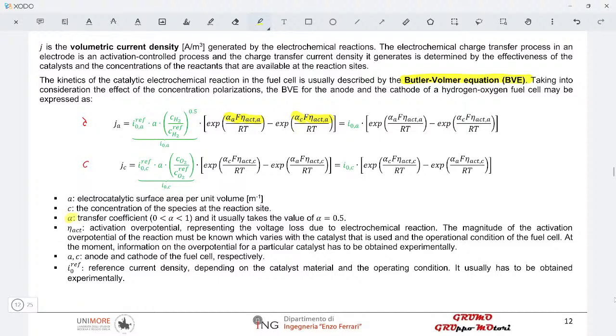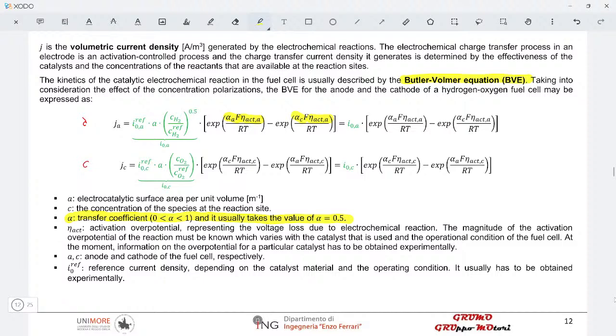These alpha are called the transfer coefficients, and there is a lot of uncertainty and discussion about these coefficients from an electrochemical point of view. You might use 0.5, which is the most common value that you will find, but just bear in mind this is not the unique one. Okay, R is the universal gas constant, T is the absolute temperature, F is the Faraday constant,